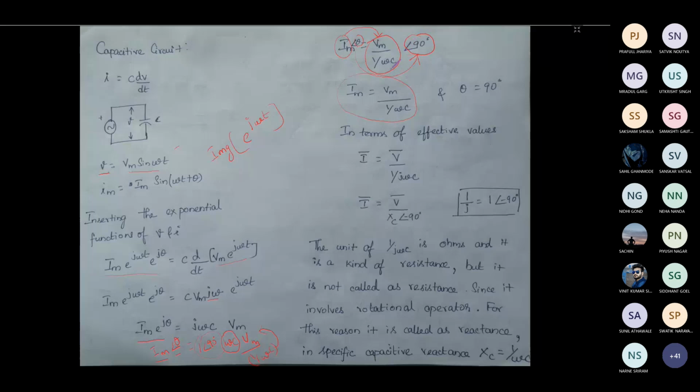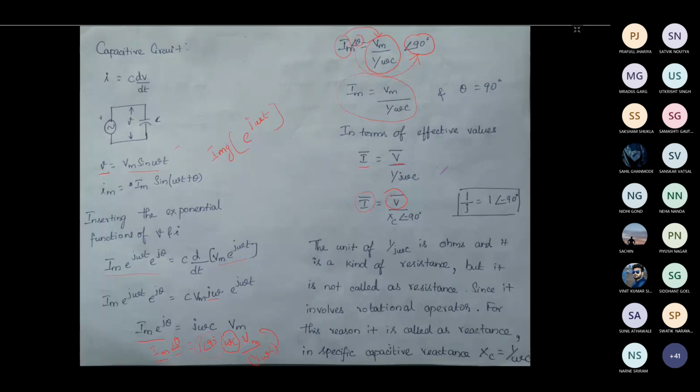Now obviously, as we have told here, we are going to give importance to the effective value rather than the peak value. So the I phasor can be represented by V phasor divided by 1/jωC. So this is going to give the RMS value, obviously, and this I is also going to be in RMS value. Now this j, again you can keep it here itself, no issues. I have taken it to the denominator, but actually you can keep it there itself. So you could have got 1 angle 90 degree here itself.